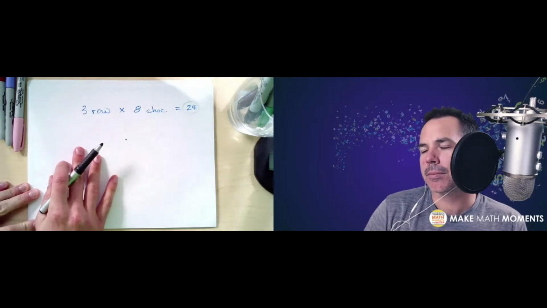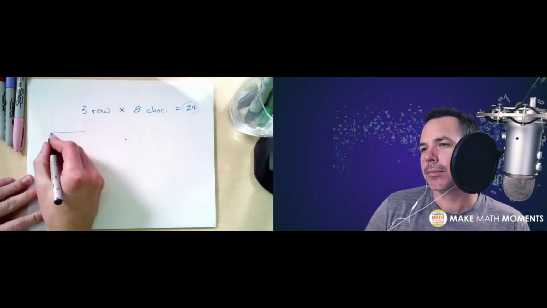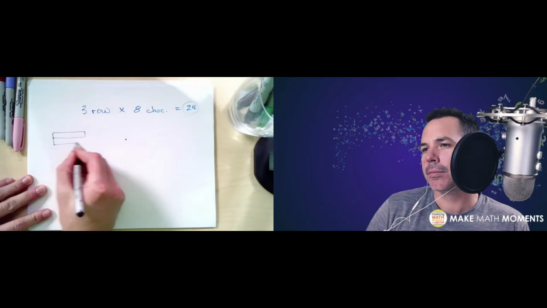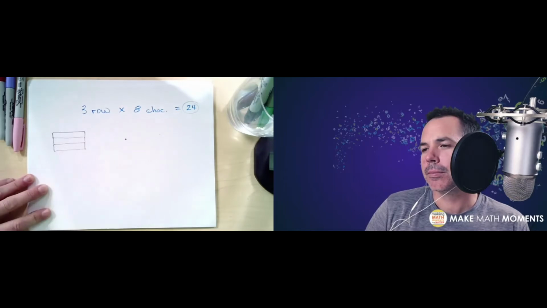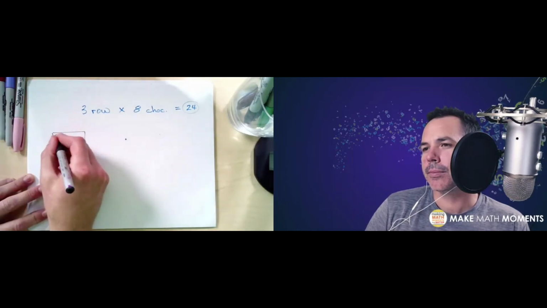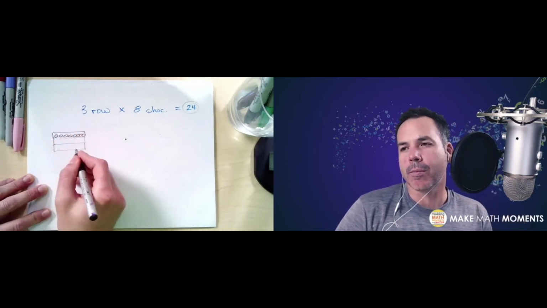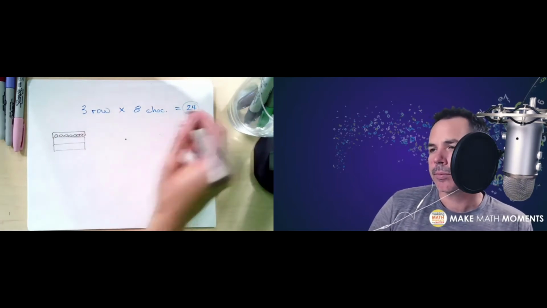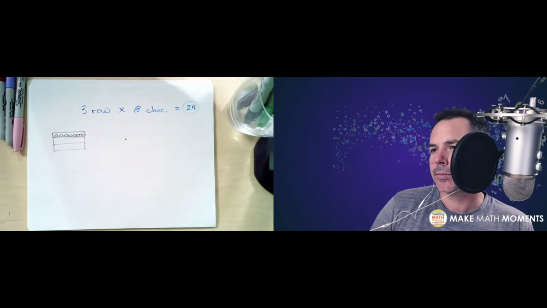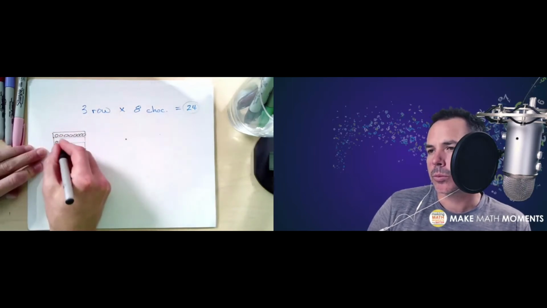Even though the student didn't say, hey, draw me a rectangle, what I ended up doing was, okay, you said 3 rows. Is it okay if I draw 3 rows like this? And then what would I do to do your skip counting? And then the student tells me, well, you'd put like 8 in the first row, and then 8 in the next row, 8 in the next row. So we breadcrumb them from, oh, here's your strategy. You didn't even think about a strategy, but I've helped breadcrumb you along so that now we've got you to essentially an array, but we're going to